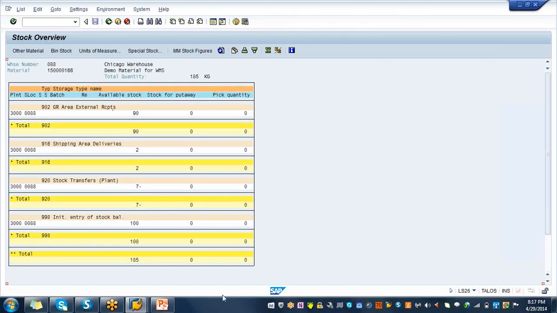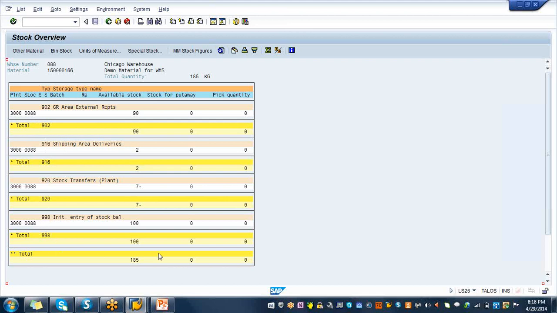So you have different storage types, even though the total stock is 185. One is 902, that's one storage type. 916, 920,